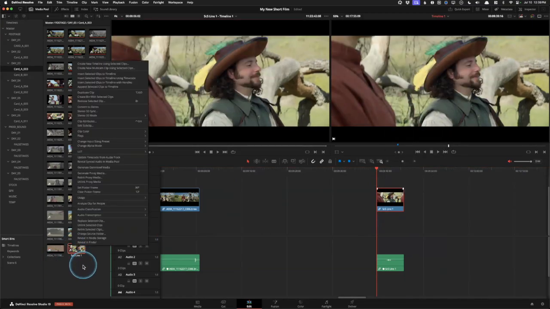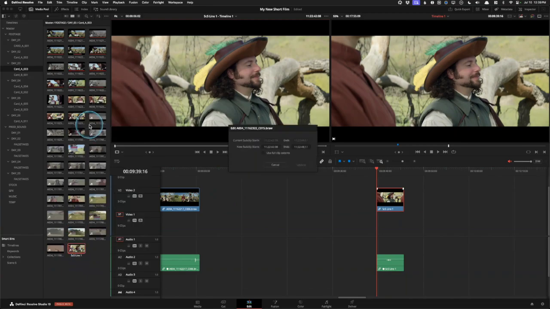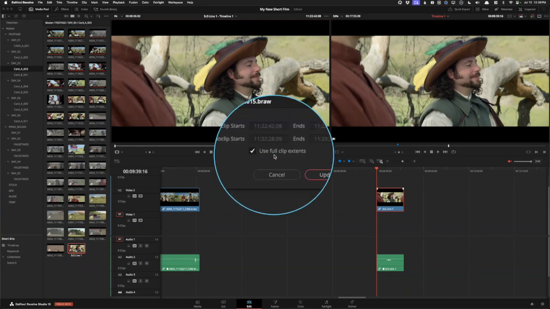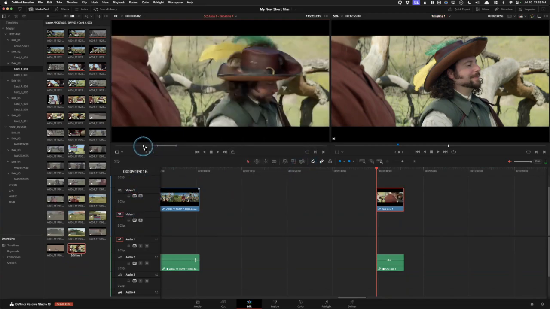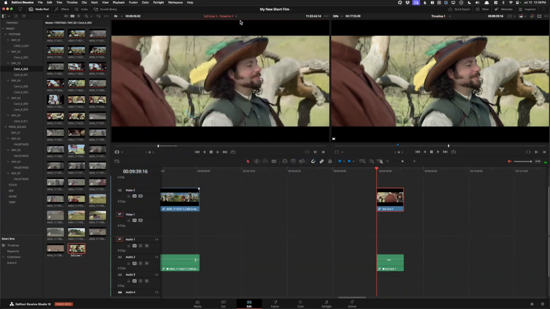No, I think I can at some point. Oh, yeah, there it is. So I right click on it, edit subclip, and then I can change my in and out points, and I can actually just click use full clip extents. And now it keeps my in and out point, but I have access to the whole clip. So now I can just drag that